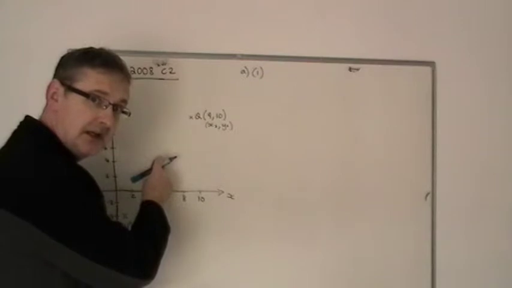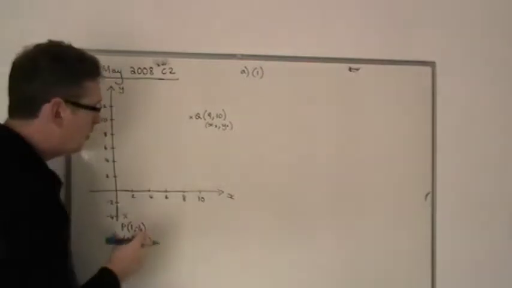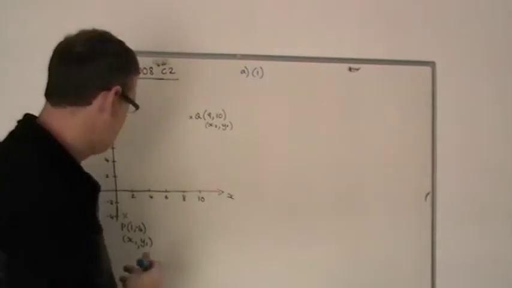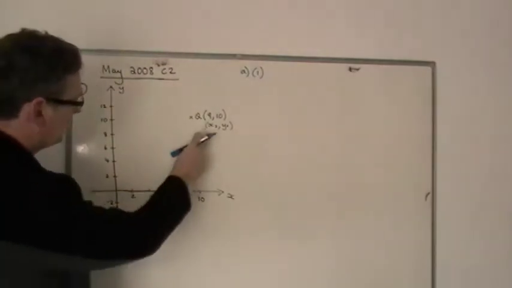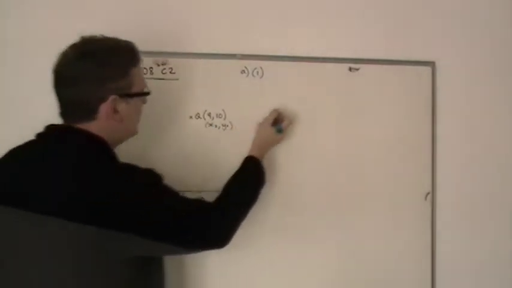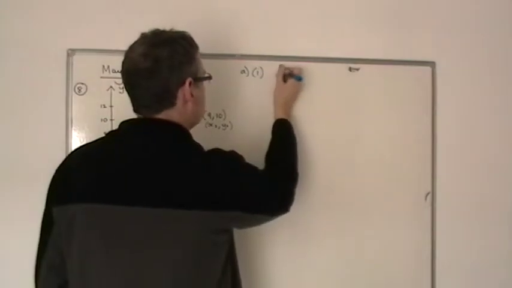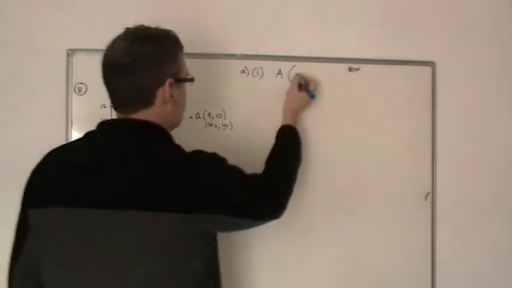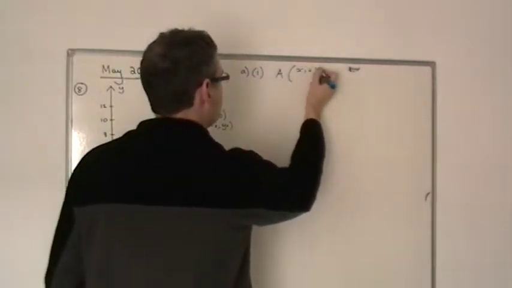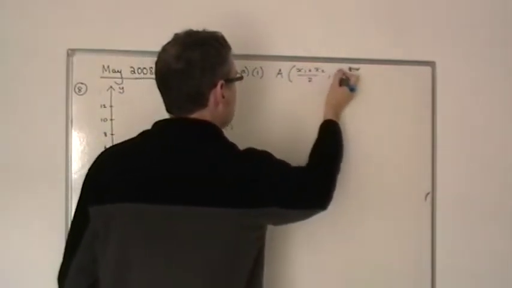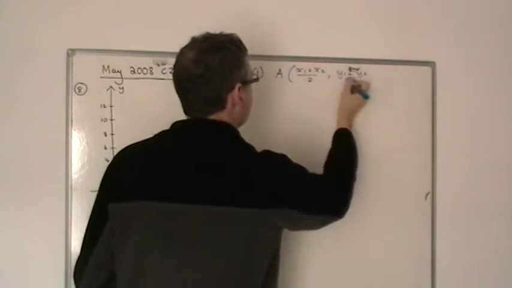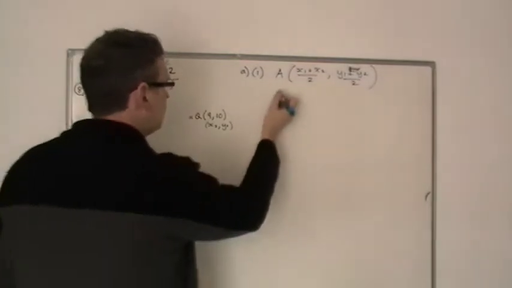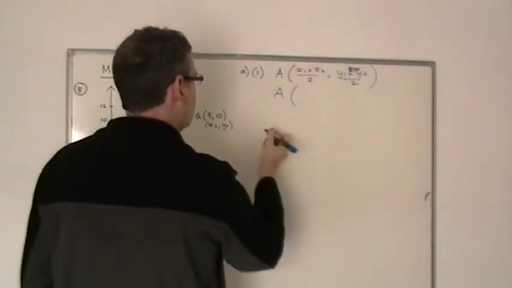So what we're looking at is coordinate geometry C1, working out the midpoint connecting 2 given points. I've labelled this one x1, y1, that one x2, y2. The midpoint is called A, and it's going to be simply x1 plus x2 over 2, y1 plus y2 all over 2, from coordinate geometry work. So the midpoint A will be equal to,